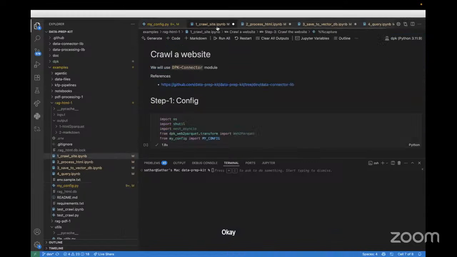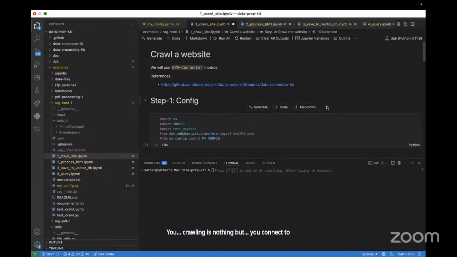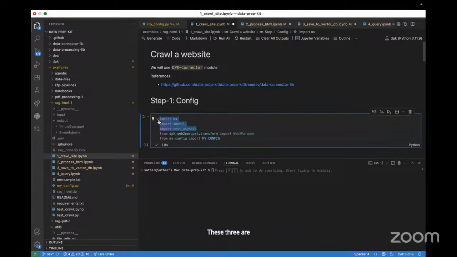Okay, so the first part is crawling the site. I think we all have been through this, where crawling is nothing but you connect to a particular website and fetch the information from that particular website. That's what crawling is. Okay, these three are part of Python's inbuilt libraries, and this is the data prep kit's